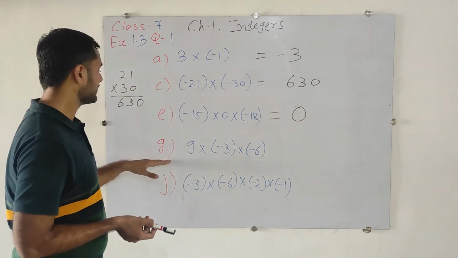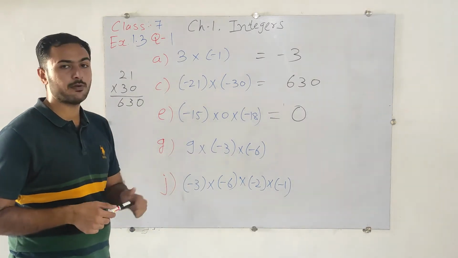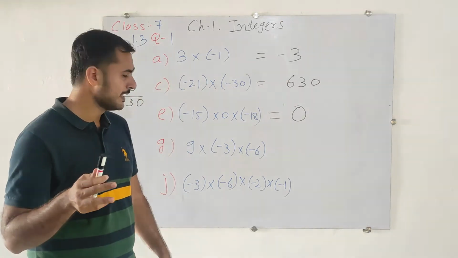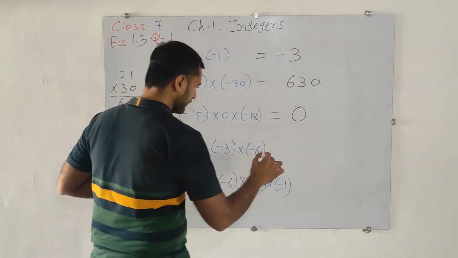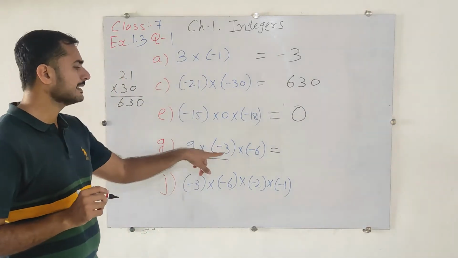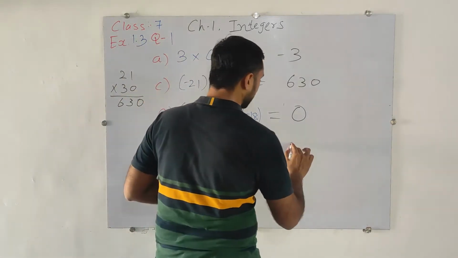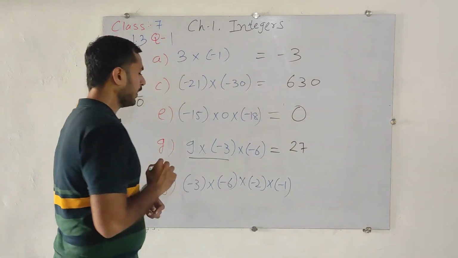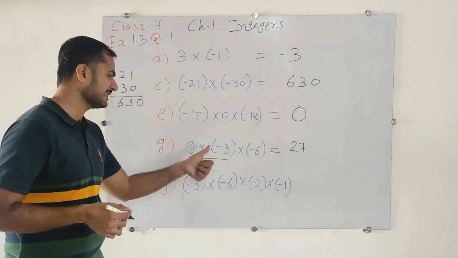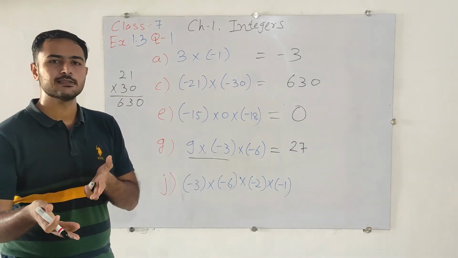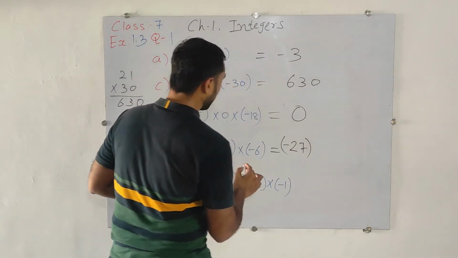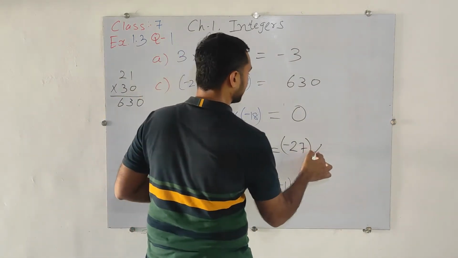Now the next one, that is G, that is 9 multiplied by minus 2 multiplied by minus 6. Here we are going to do the multiplication for 3 integers. Let's see how we will do it. First of all, you have to do the first two. That is 9 2s are 18. And for the 18, which sign will we put? Again, we will see the sign chart. Here is plus, here is minus. So plus minus, that's minus. It means this is minus 18. Now this one remains. Just write it down as it is.